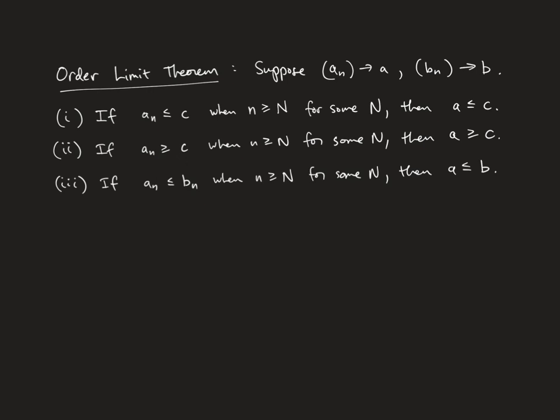And then you also have a similar thing when you have two different sequences. So if after some point the an's are always less than or equal to the bn's, then the limits satisfy the A's less than or equal to the B's. Okay, so you can sort of take limits of these inequalities and preserve the inequalities. So you have an less than or equal to bn on the tail end, you can take a limit and the limits preserve that inequality. Okay, so here's our proof.